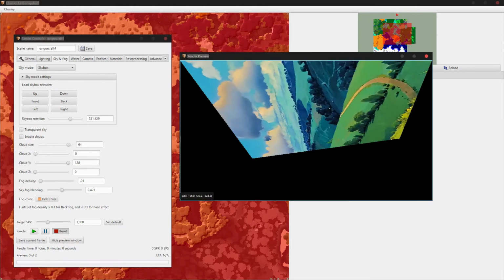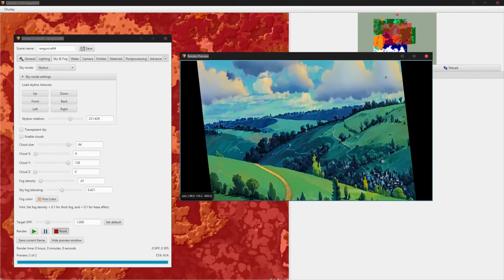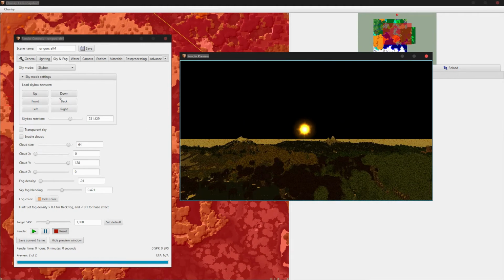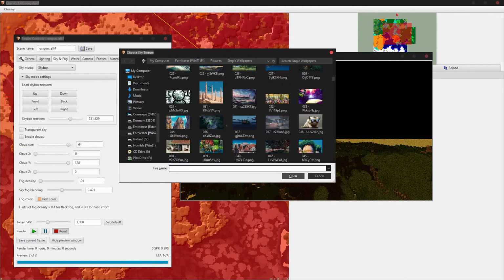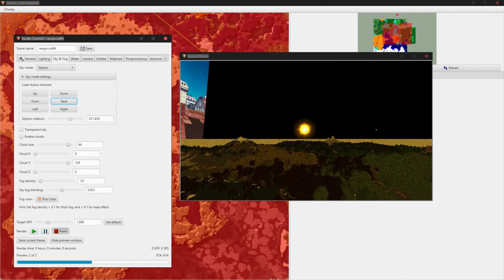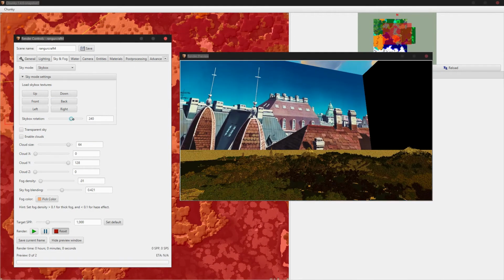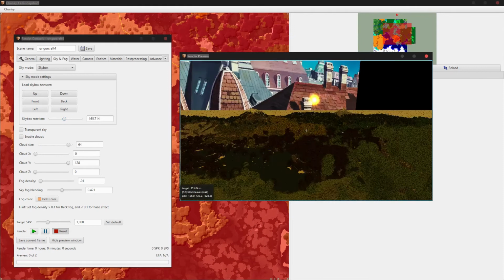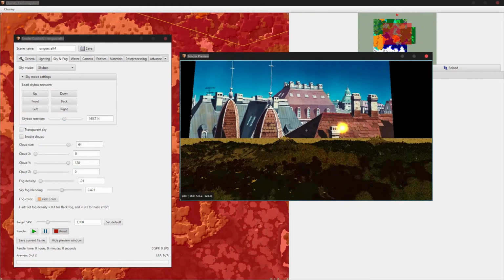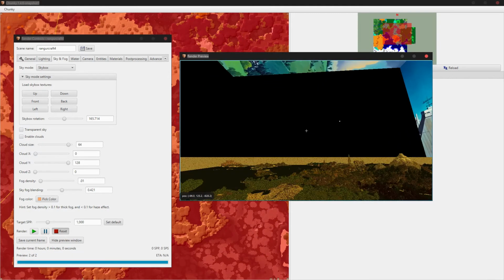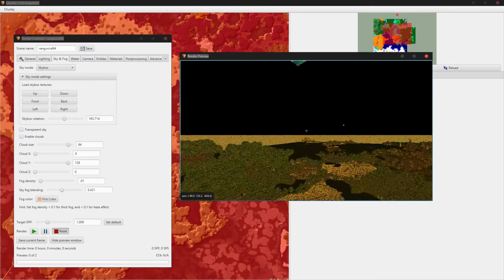So for example, I load that and now there's going to be a picture on the top because that's the up. And if I choose back as something else, it puts it over there. And once again, we can rotate this around, so it doesn't matter. You don't have to worry about the directions or anything. You can rotate the skybox around. I'm not going to load all 6, but you can load up to 6 different